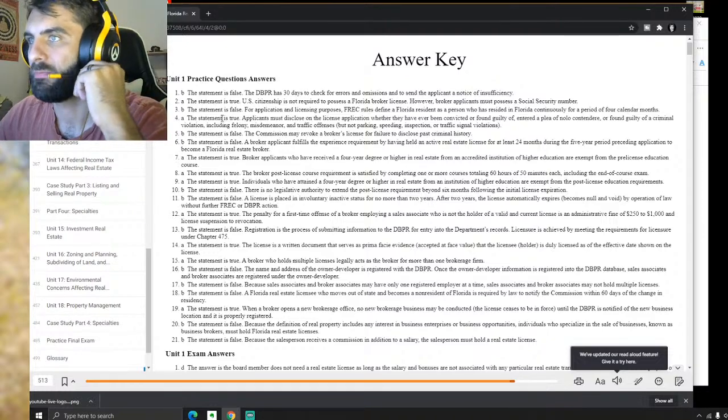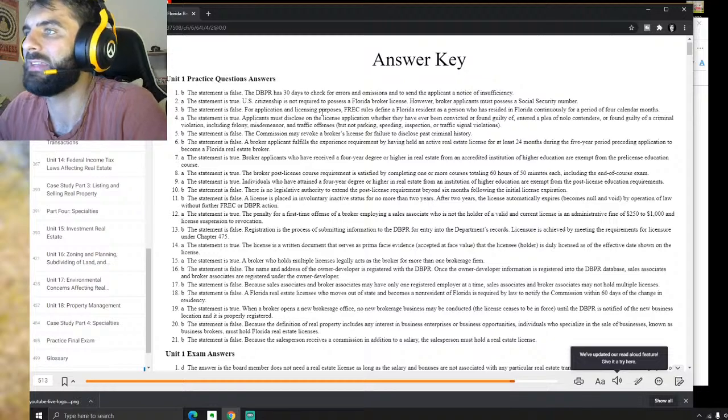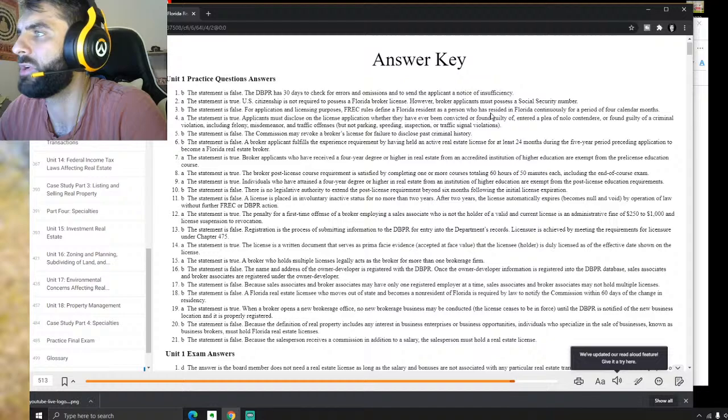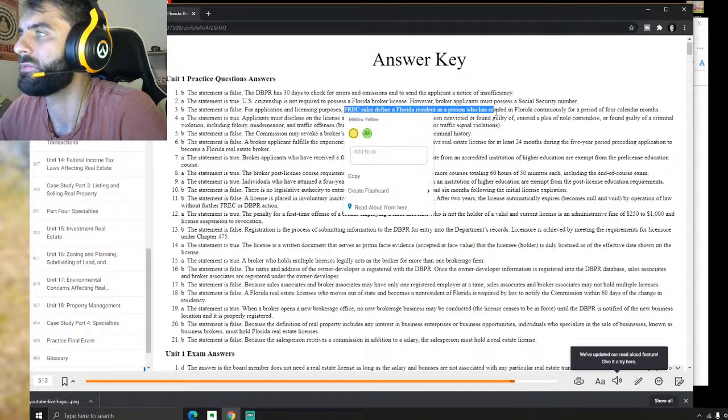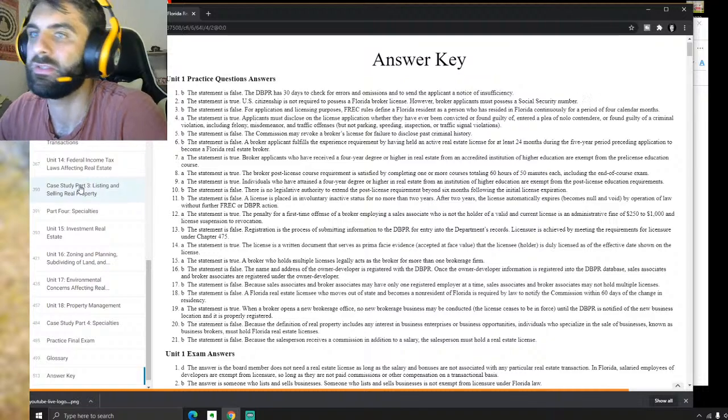Okay, so the next question is going to be, for applicants and licensing procedures, FREC rules define a Florida resident as a person who has resided in Florida continuously for a period of 4 calendar months. For applicants,